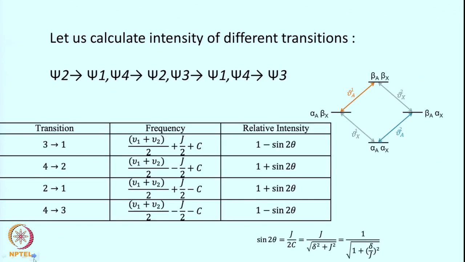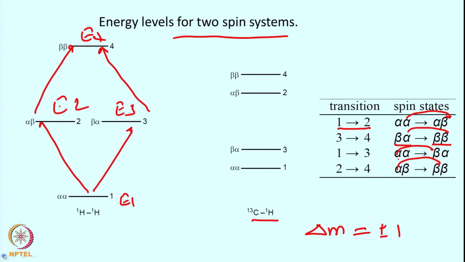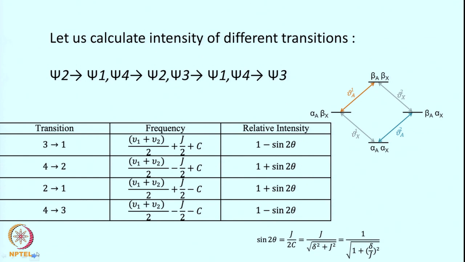Now we know the energy of these states, now we know the eigenfunction of these states and where transitions are happening, and what is the probability of transition that one can calculate. So, then one can get the frequency value of each of these transitions that we talked about and what will be the relative intensity of these transitions in various cases. So, say transition 3 to 1 that we defined in the previous slide, 3 to 1 is like here, one of these 1 to 3 or 3 to 1 here. So, that transition will give us the frequency like this, here C is a constant.